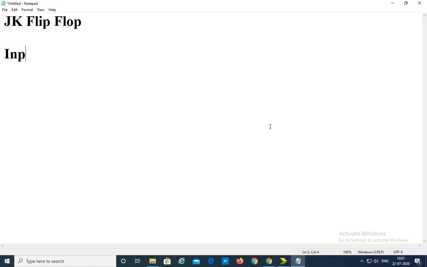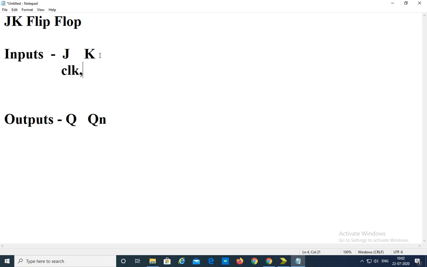The JK flip-flop has two inputs. One is J and another one is K here, and two outputs are there. One is Q, another one is Q bar or Qn we are writing here. So these are the basic inputs and outputs for the JK flip-flop, but the JK flip-flop works with the help of clock. When clock is changing, then the JK flip-flop has to change the states. So that's why I am taking clock as one input pin for the JK flip-flop.